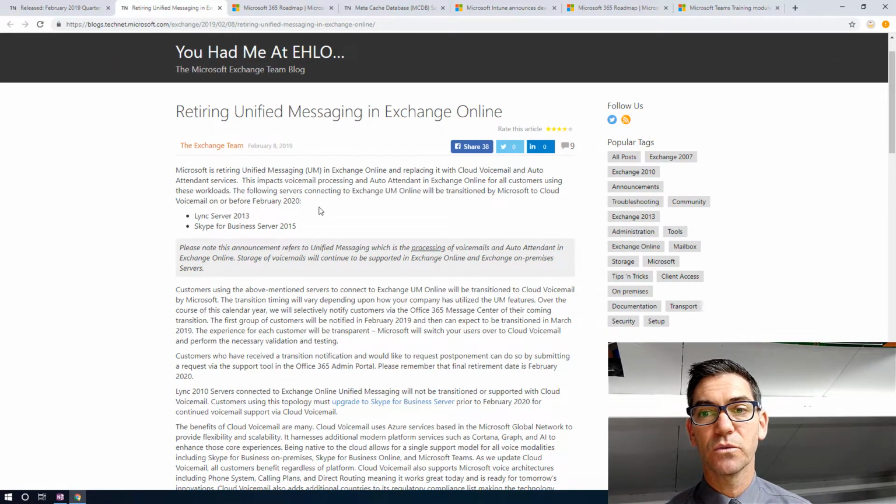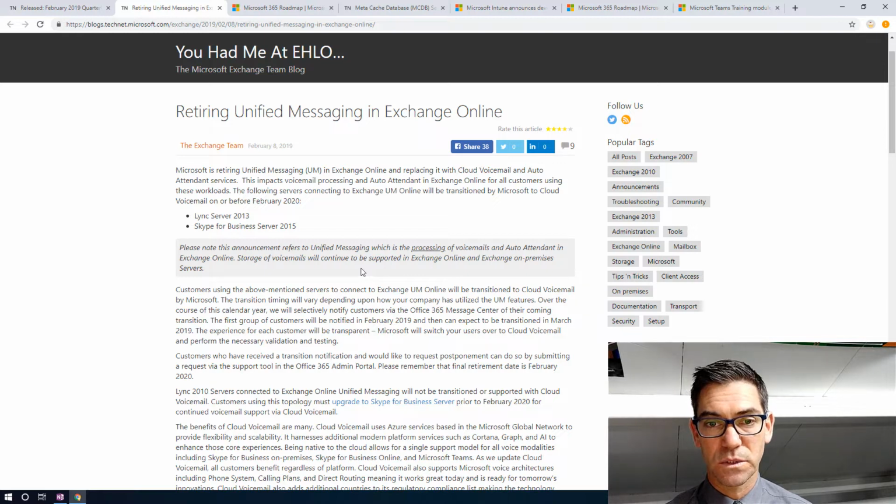So unified messaging, in case you didn't know, is the processing of voice calls in the form of a voicemail. So if your telephony system routes to your Exchange server, and you're unavailable, you can get left a voicemail, and you get auto attendant features within Exchange, and those unified messaging features are going to be deprecated